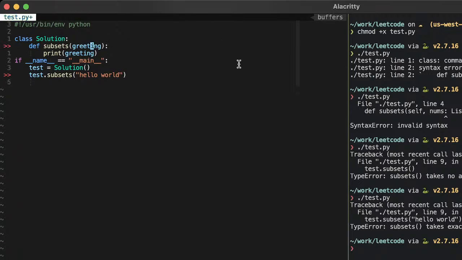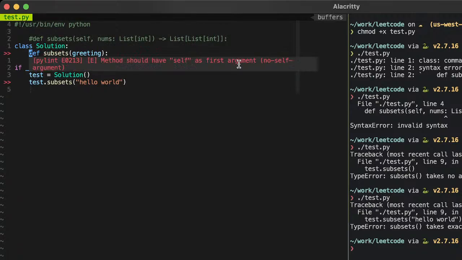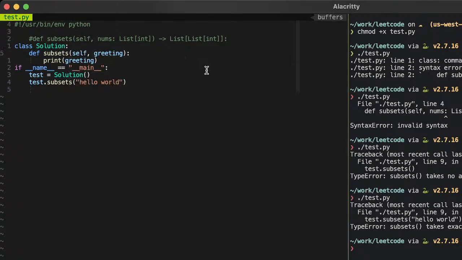Not sure what I'm missing here. Method should have self. Oh. Ay, ay, ay. Okay, there we go.